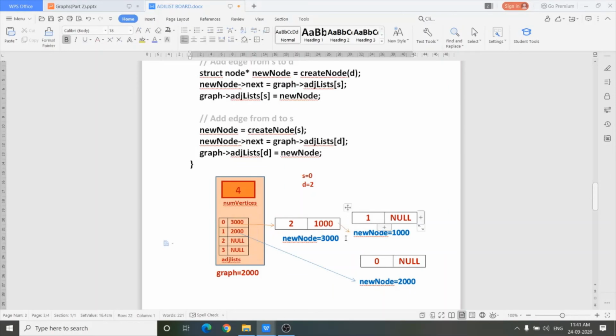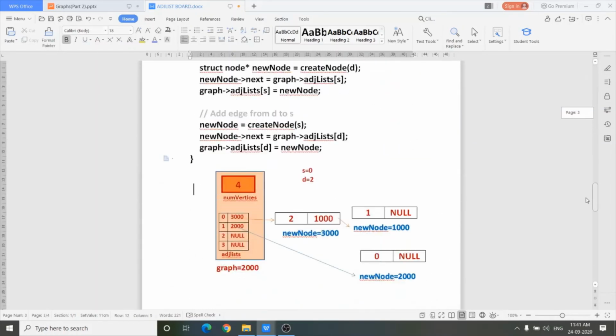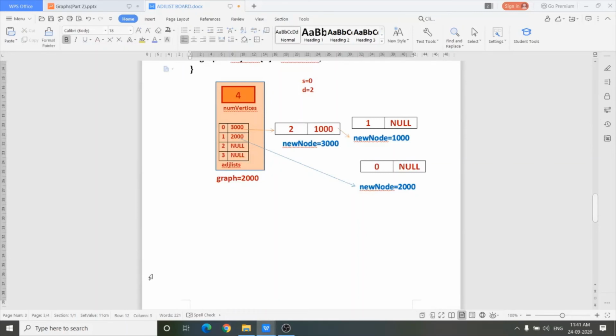And this node's address, whose info is 1, which is 1000, is stored here. In this way the link is created. Now see here in the figure, first 0, then it is connected to 1, then it is connected to 2. In this way we already created this node, it is 2 and it is 1. In this way you can add a new node in the ADJ list.